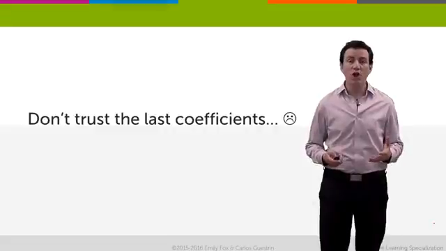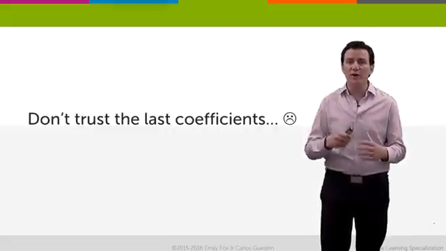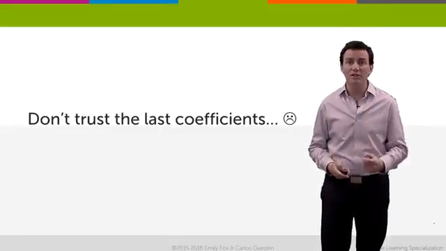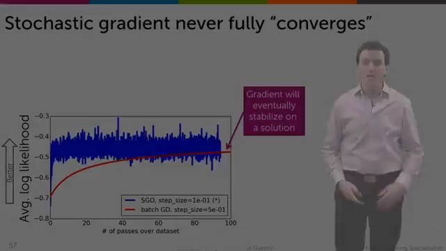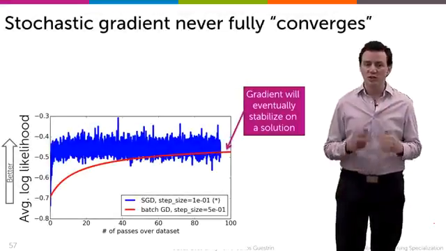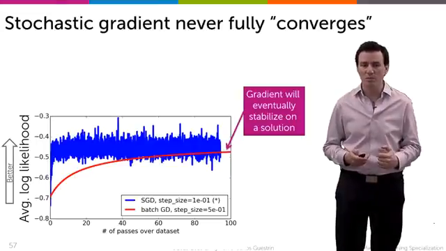As we saw in our plots, stochastic gradient tends to oscillate around the optimum. And so you should never trust that last parameter it finds, unfortunately. Gradient will eventually stabilize on the optimal solution. So even though it takes 100 times longer or more, like we've shown in this example,